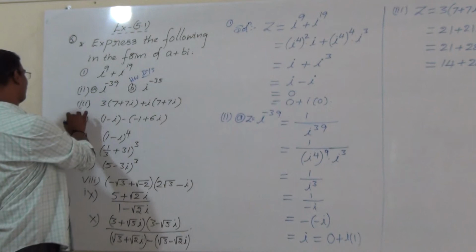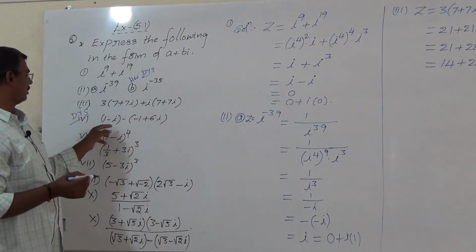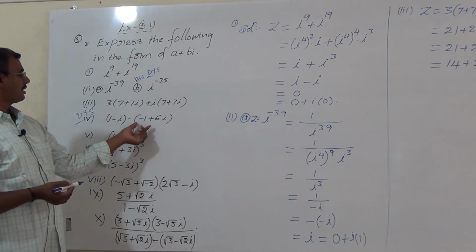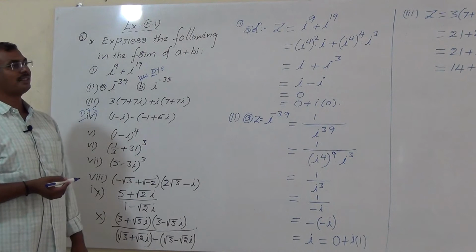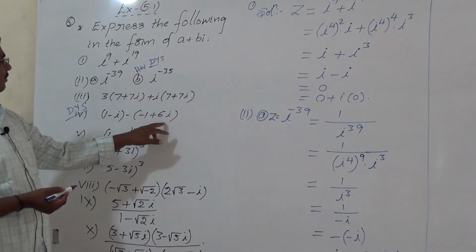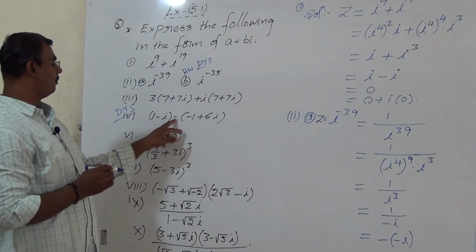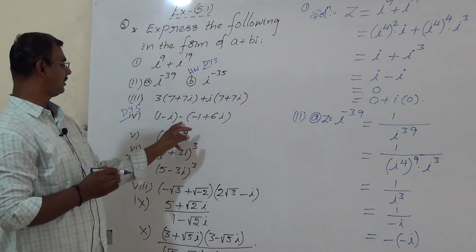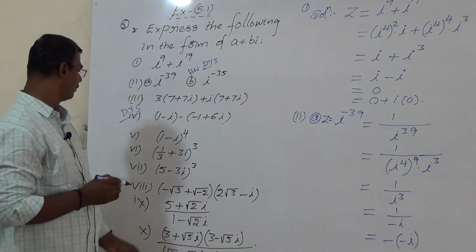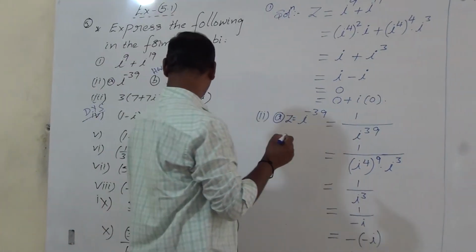And the fourth question, do it the same way, so already we know that. Do it yourself: 1 minus iota minus of minus 1 plus 6 iota. Very simple. Consider z. Here open the brackets. Open the bracket meaning multiplying with minus. Plus 1 minus 6 iota, adding, we get the answer. Now I am going to problem number 5. What is problem number 5?